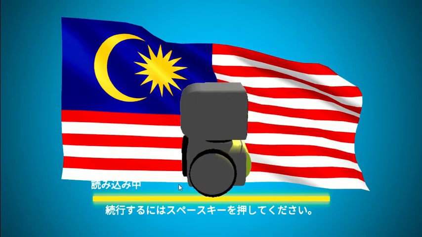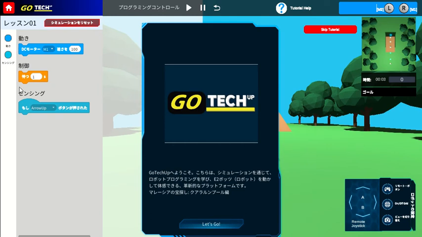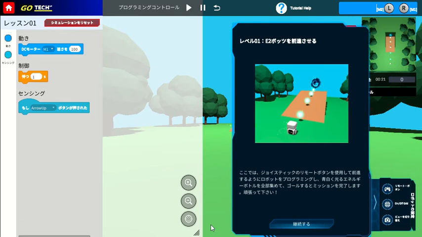Once you click, you need to press the space bar, and then you can see the interface of level number 1. This one is the tutorial box, so you need to read one by one because all the guidance is inside the tutorial. If you skip the tutorial, you are missing a lot of important information. So click and read one by one.